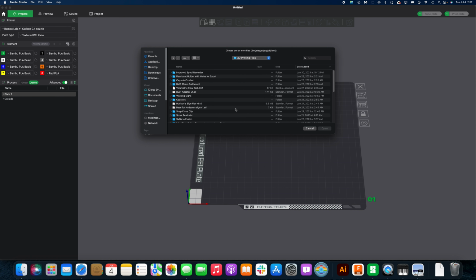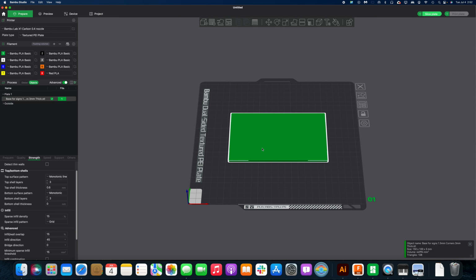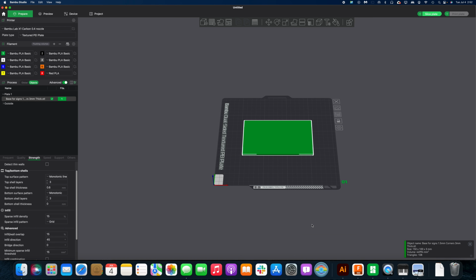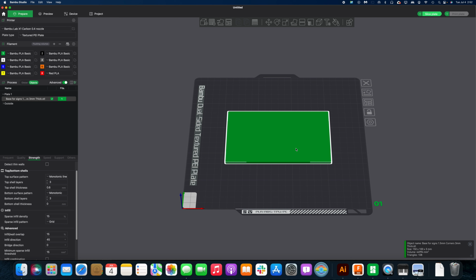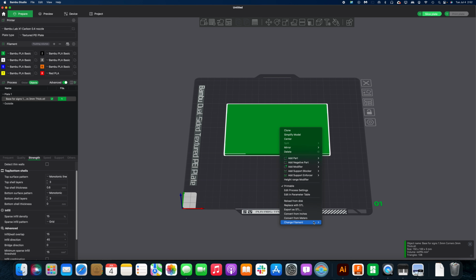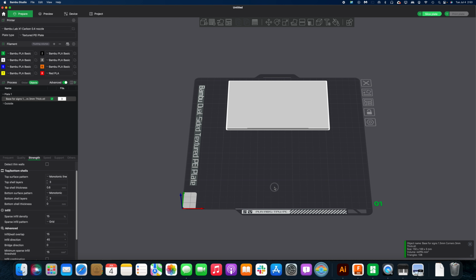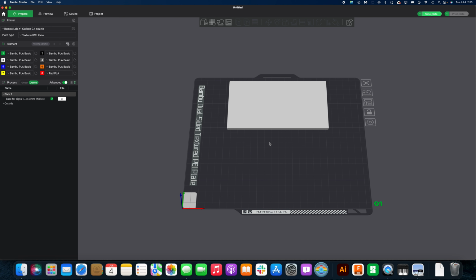So we're going to go to, oh, I'm sorry. I said I did 3 mil corners. These are actually 1.5 mil corners. So you're going to import the base to your sign first. It's going to import as whatever your default color is. We'll change that to white. We'll move that up for the time being. And then we'll import